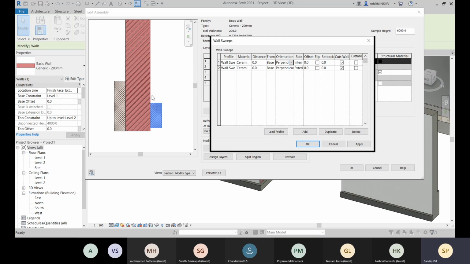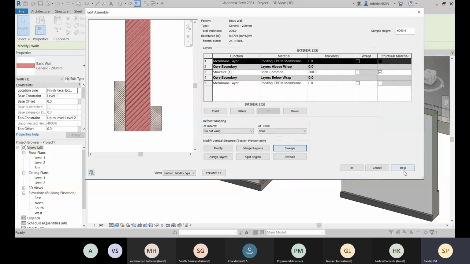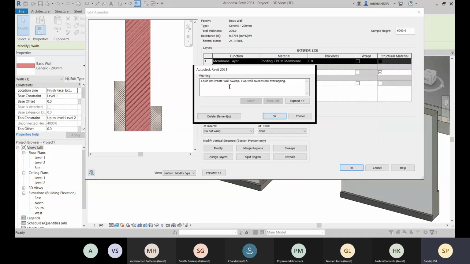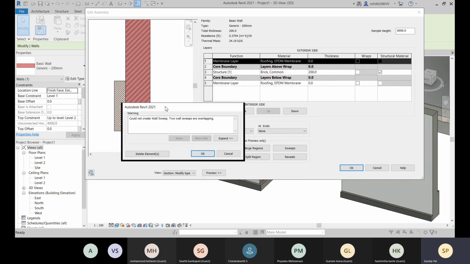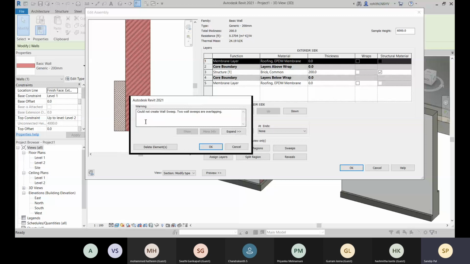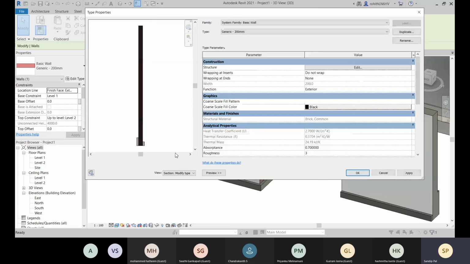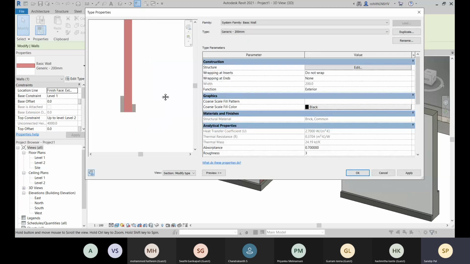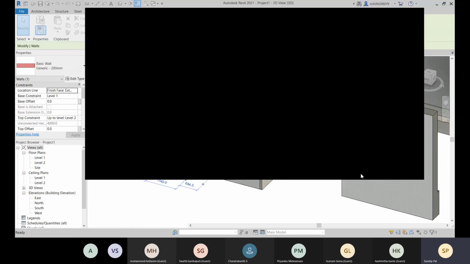So if you have anything to add, you can give offset. So for that you can apply and okay, and just click on OK. Okay, apply and it's okay.